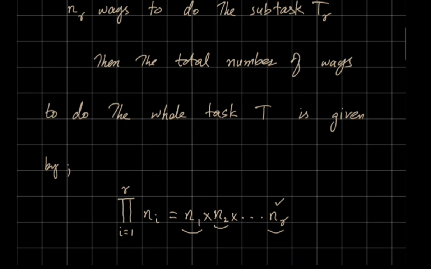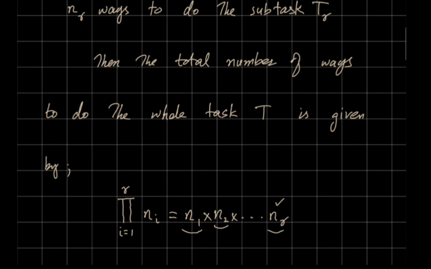So the difference between these two rules is that in the sum rule of counting, or addition principle, the task was not divided into subtasks. In that rule, we had either n1 ways to do the whole task or n2 ways to do the whole task, and then we use the sum rule of counting. But in this case,